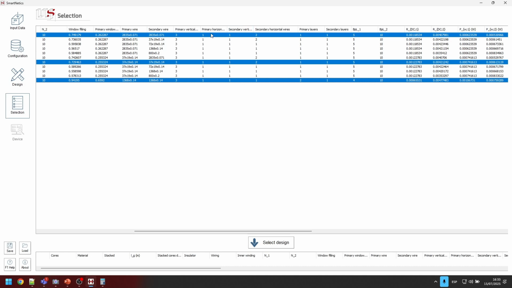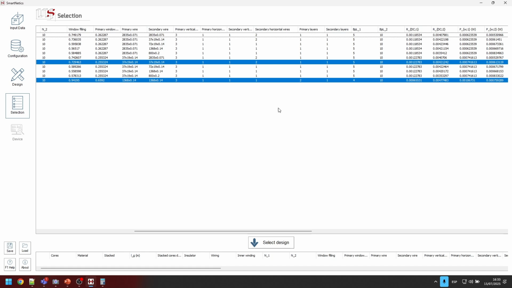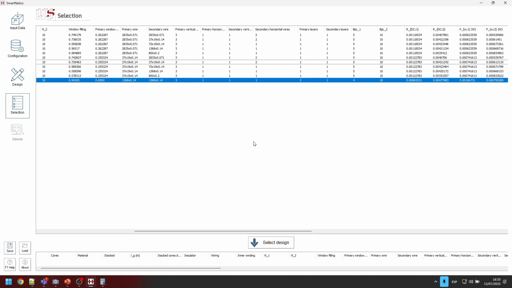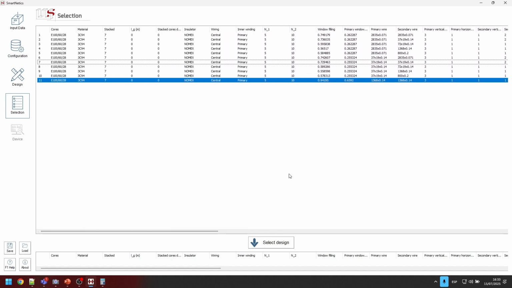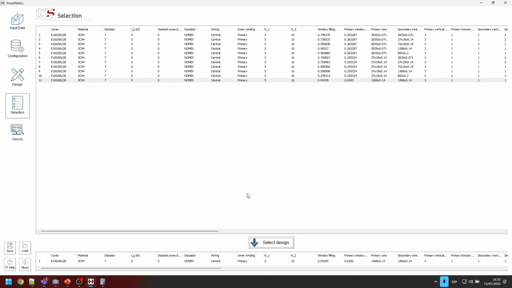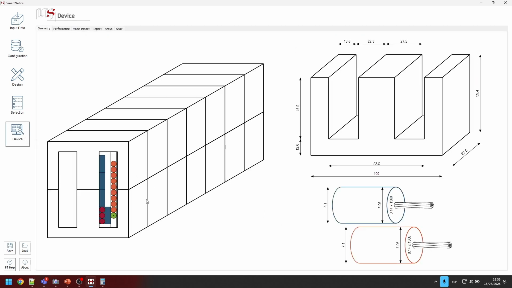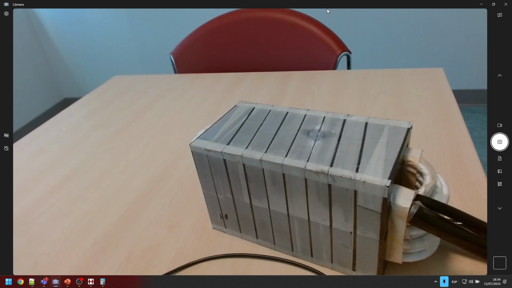In this case, from the three devices that we had before, this one will need 2 layers, so it is not a possible solution. And this one will need 2 layers as well, so it is not a possible solution. So as you can see, there's only a single possible solution that will make a device close to the one we have. So I will select it, okay? What we can do once we select that is to go to device and check if the geometry matches what we were expecting. We know that the port matches because it's something we selected before, and I'm going to do a physical comparison between them.